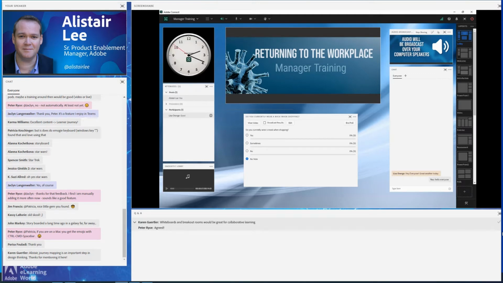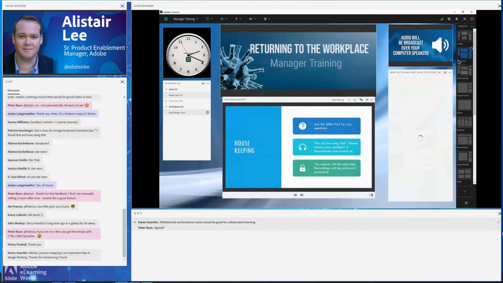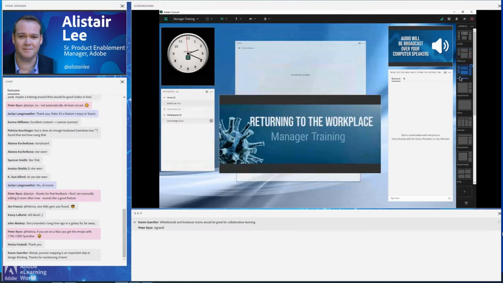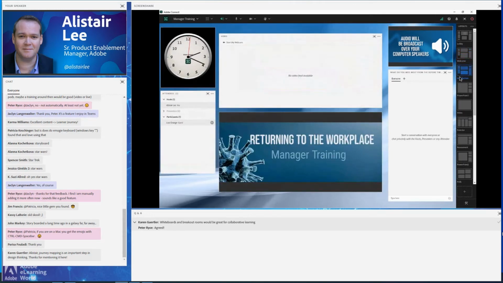What you'll see down the right-hand side is a series of layouts, and these layouts are pre-grouped pods that we've put together. And so I want to draw your attention to these layouts over here. You can see as I move from one set of layouts to another, it's changing the number of pods that are on my stage. And in this way, we can set up our own storyboard for our virtual classroom to take our learners through a journey that we've designed.